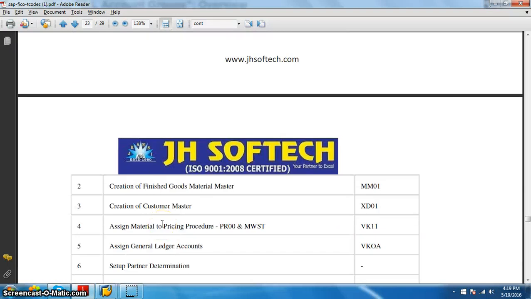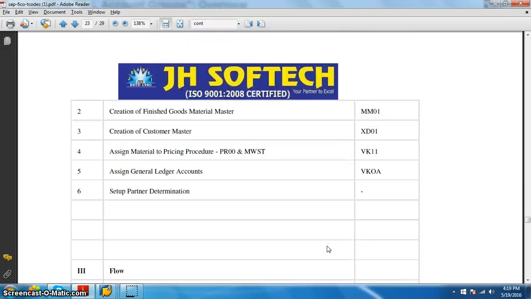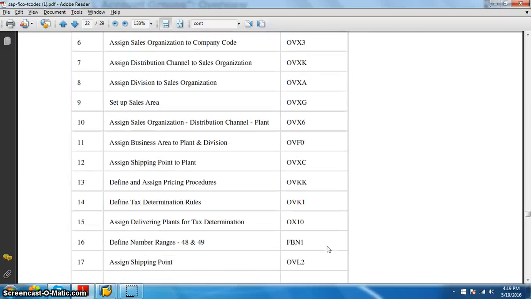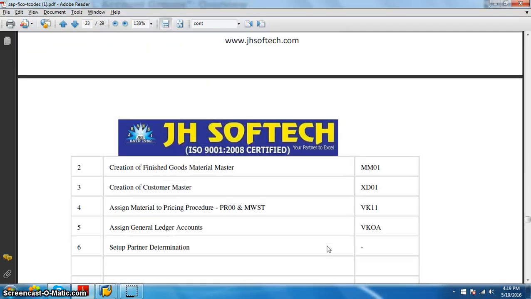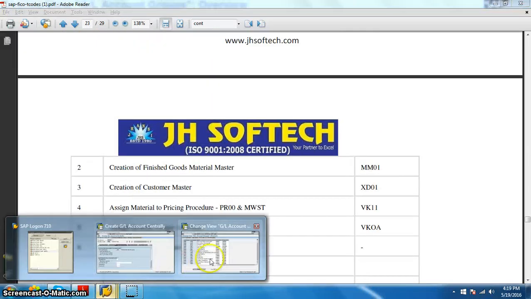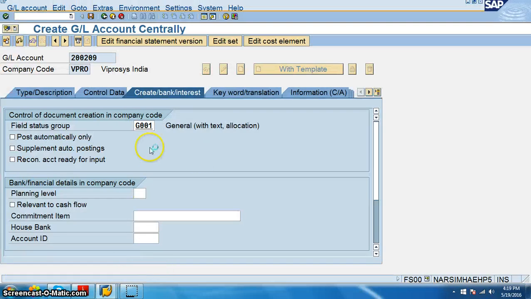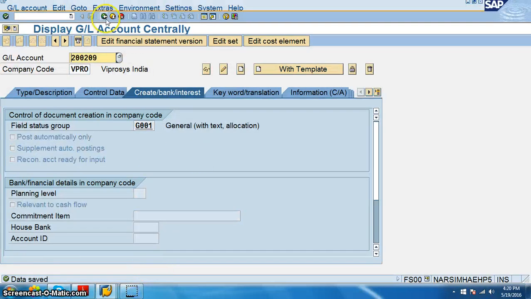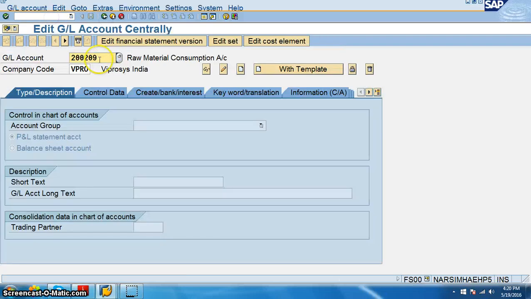Okay, let's create a sales account and then move on to the creation of the next item. Now let's create another GL account in FS00, 2010.